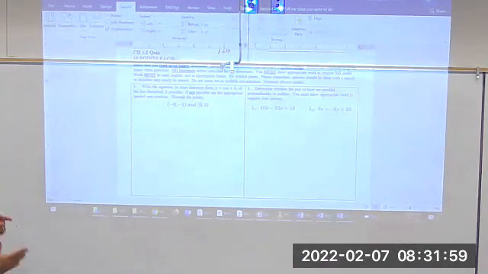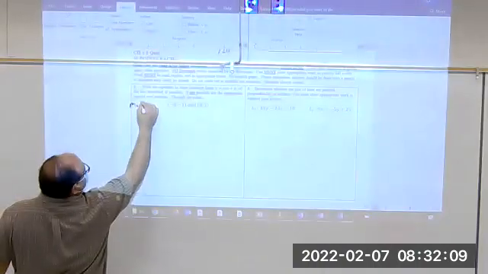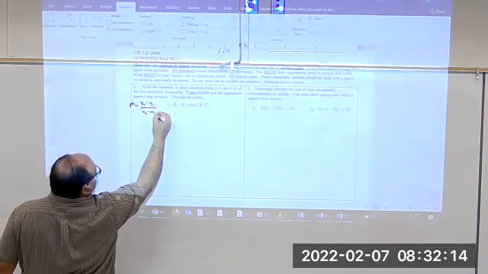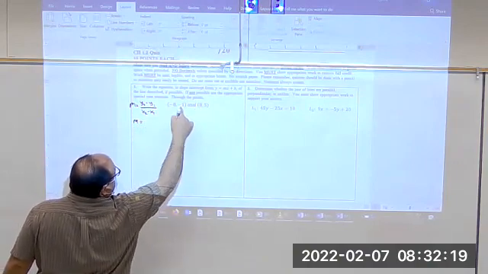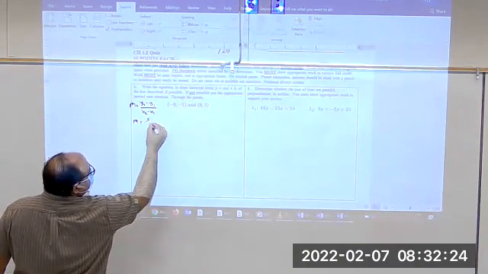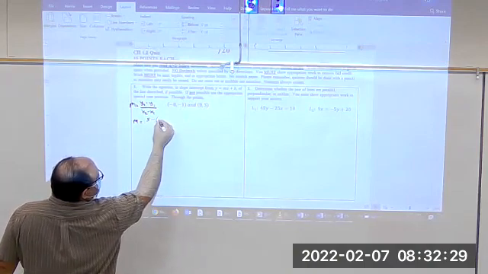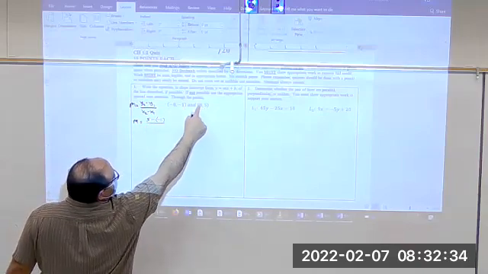We did a warm-up that was exactly like this. It was outlined step by step, and the second one as well. The slope is y sub 2 minus y sub 1 over x sub 2 minus x sub 1. It doesn't matter which y you pick. If I start with 5, it's 5 minus this y, which is negative 1, so parentheses negative 1, over, if you start with this y, you have to start with this x, 8,